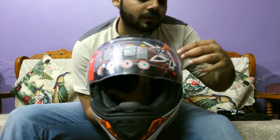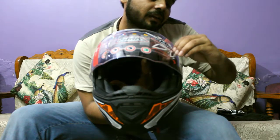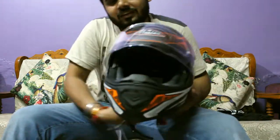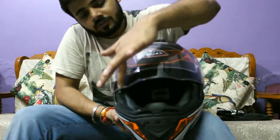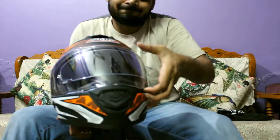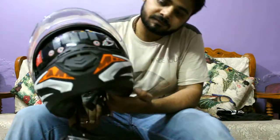So okay, let's just remove it slowly with an effect. Wow, so if you can see, the visor is plain and it comes with this anti-fog layer. The helmet comes with the blue visor,